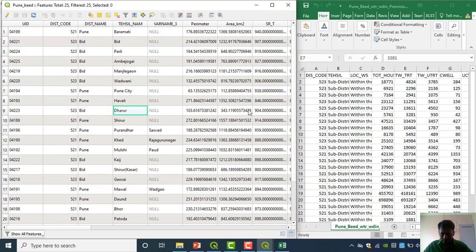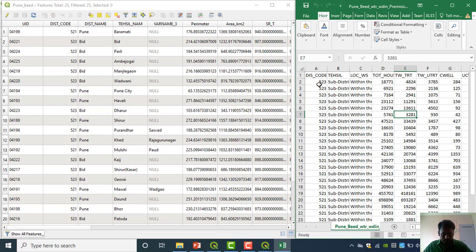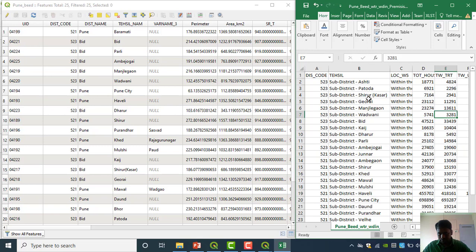These are the Tehsil names. I'm just checking here: 523 and 521, both are there in the datasets. See, Tehsil names are here and Tehsil names are here. We have to just compare both.